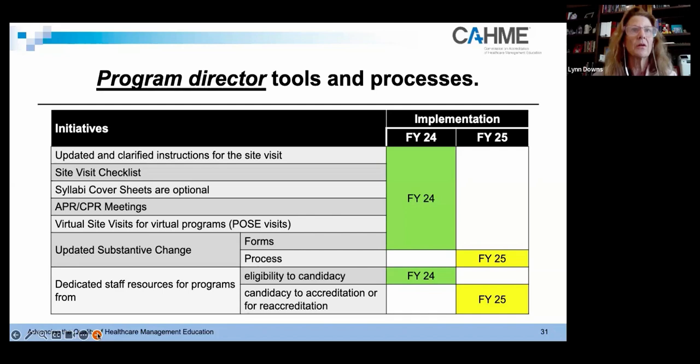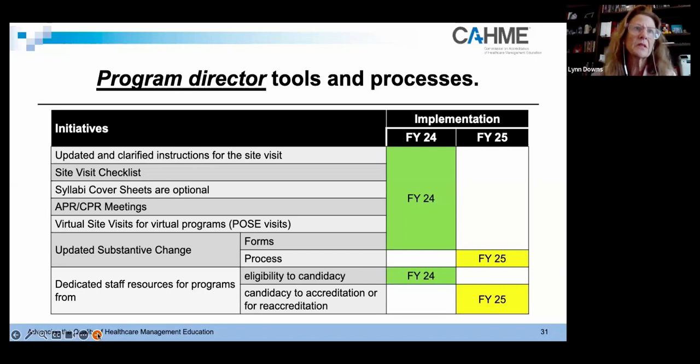The CPR, the Candidate Program Roundtable sessions, are for those who are in the process of applying for candidacy, and these sessions are meant to assist with any questions the program has in regard to the candidacy application and criteria they must complete. And these sessions are held with Tisha and Mike Meacham.